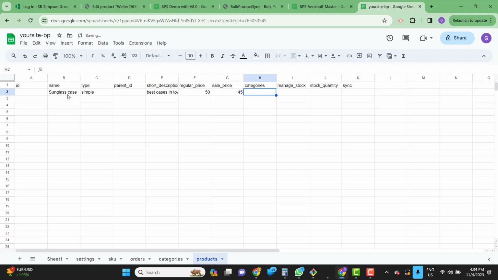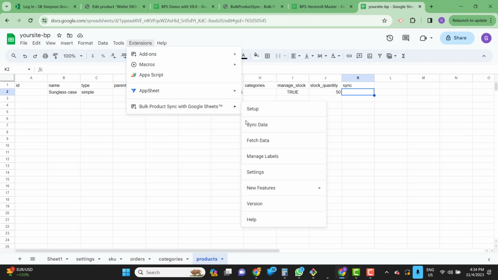For the categories you can add the category ID, but I am leaving it blank for now. And for managing stock, yes, make it true and add 50 in stock. So make sure you leave the sync and the ID column empty for new products, and now click on the